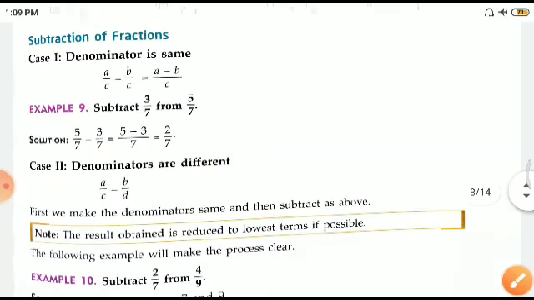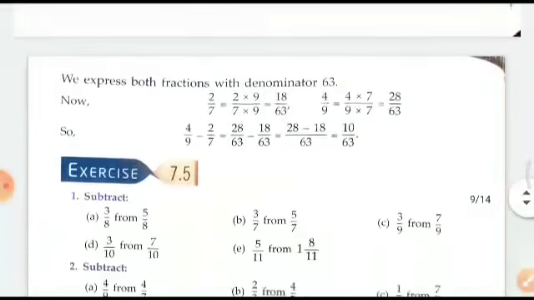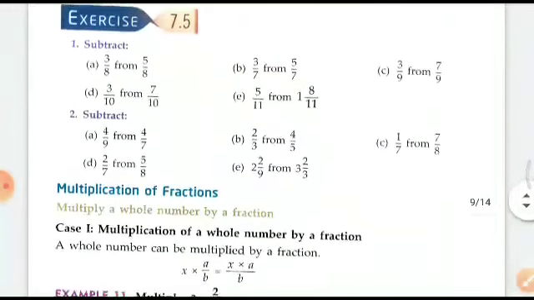So this is how we need to do subtraction. Everything is the same. In the previous one we needed to add. Now in this we needed to subtract, right? See here, multiples and all that. LCM is again being taken, right? We straight away come to the exercise part of this, and let us try to do the improper fraction one, which is the last.